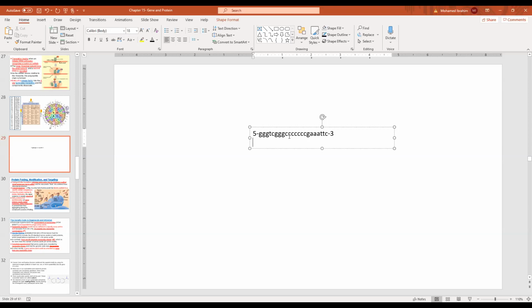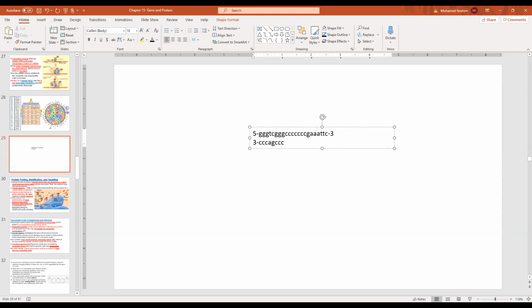When I say complementary, I'm talking about the second strand now. The first thing I need to do is change the polarity. If the first strand is going from 5' to 3', the second strand is going to be opposite, from 3' to 5'. Now, what is the complement for G? C, C, C. What's the complement of T? A. What is the complement of C again? G. What is the complement of G? C, C, C.